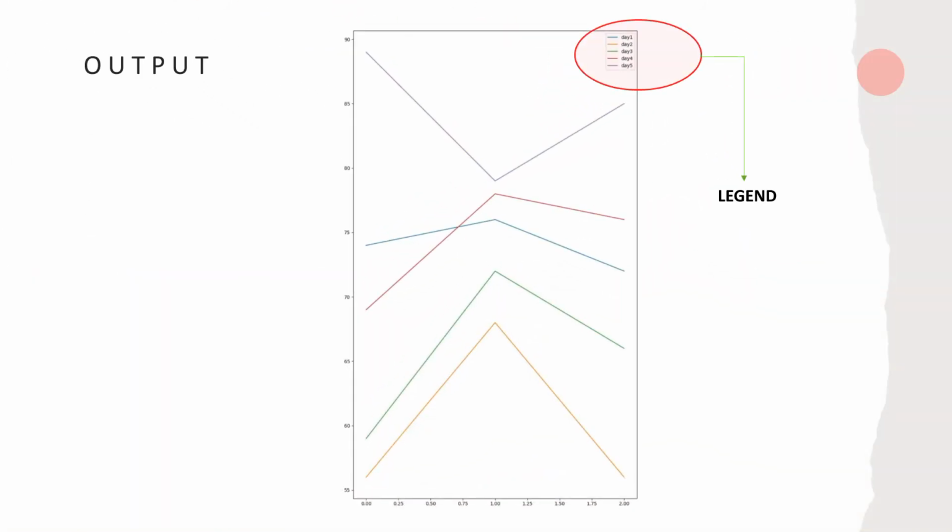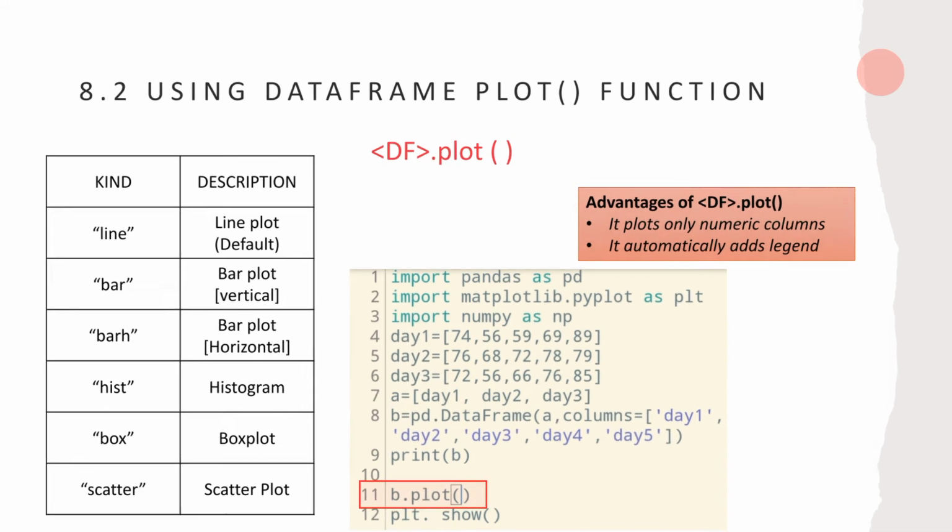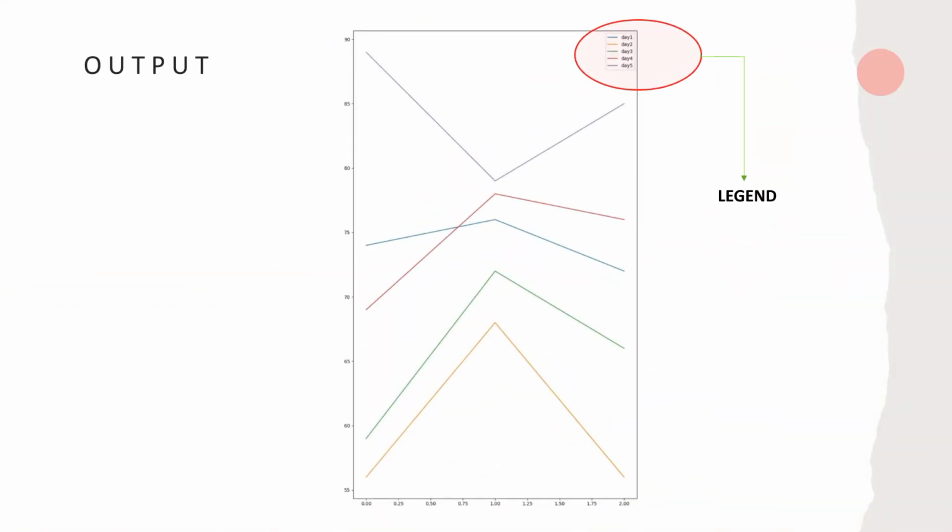So the output of that previous command you can see here. I've used plot with that data frame, b.plot, so it will create this output. And here is how legends look. The same data frame is represented but with a legend. Legend is a description of the data frame and you can use it with different commands.